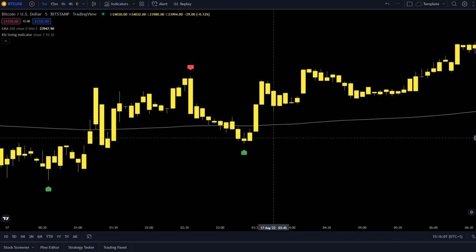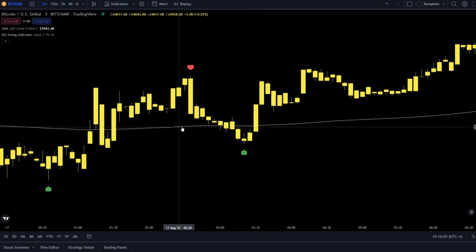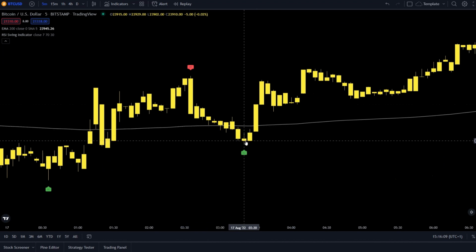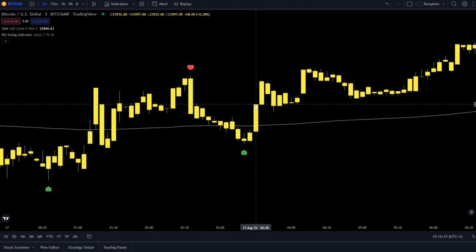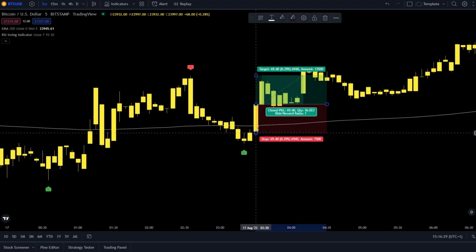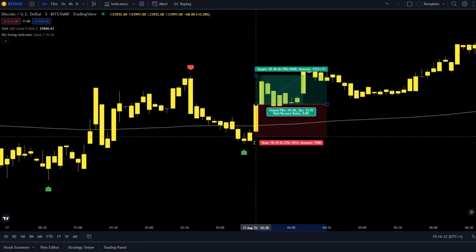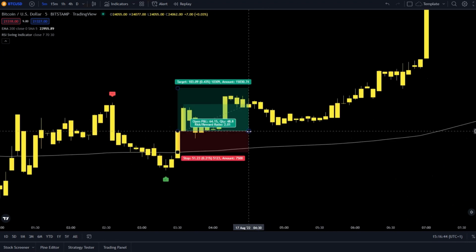For a buy trade, like I said, you do want to wait for the 200 EMA to be below price. If the candle that the indicator paints on is very close, you can wait for price to break and close above that 200 EMA and then enter. For this icon paint here, the entry would have been here. Set our stop loss to the 200 EMA because the icon is too far,